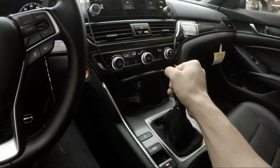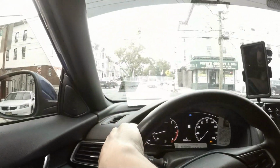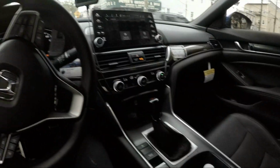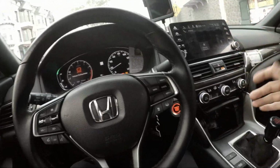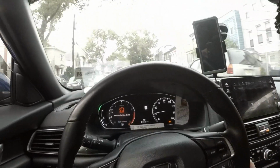And remember, this is a 6-speed manual, it's not the automatic. If you have an automatic, let me know in the comments down below if it works. Let me let this guy pass real quick. If it works for you guys too, because I don't have an automatic, so I wouldn't know. So if it does work for you guys, let me know in the comments down below, so I can let people know that it works for an automatic as well. But yeah,